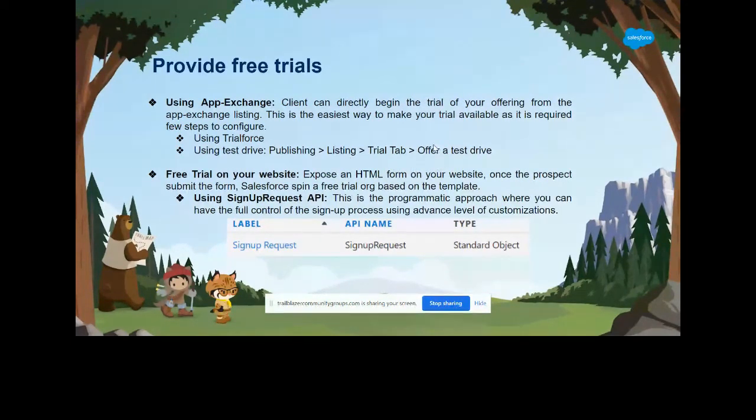So the new developer edition org which you created will hold all that installation, and you go in as an admin, do configuration or create some sample data there, and then log in with the evaluator role. It is automatically available when the org is created from the offer a test drive option. So the evaluator role will be available, and once you are sorted, you will share that evaluator role with the end user or the customer. So this is how it is available to you.